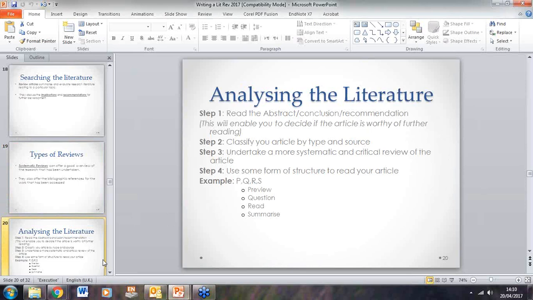So then we've got to analyse the data, and you've got to ask questions of it. So review it, question it, read it, summarise it, all of these classic steps that we talked about. And I'm sure you've done this in the past when you've read any material. So classify the article by type and source, undertake a systematic or critical review of the article. You can use critical appraisal tools that are published and published widely to appraise the literature if you wish. I know there are many